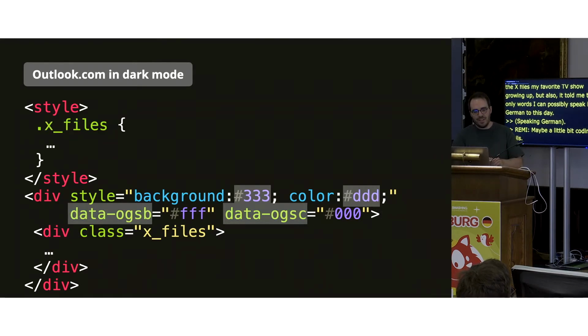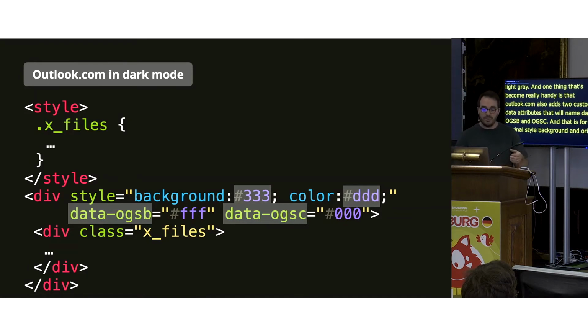So, if you were to continue viewing this code in Outlook.com in dark mode, Outlook.com will change the colors defining the style. So our white background becomes gray with the 333 value, and our text color of black becomes a light gray. And one thing that's really handy is that Outlook.com also adds 2 custom data attributes that they name data-ogsb and data-ogsc, which stand for original style background and original style color.